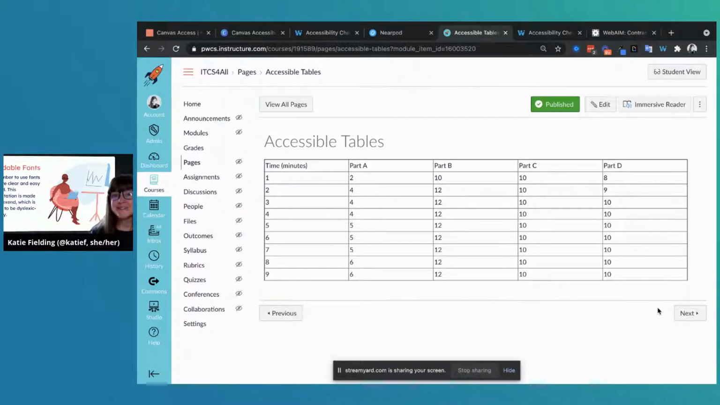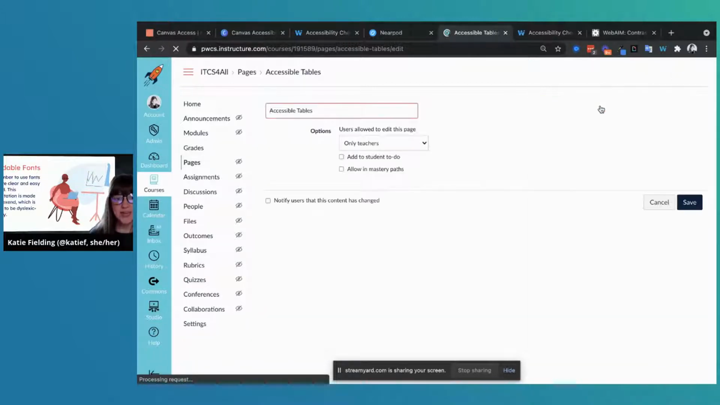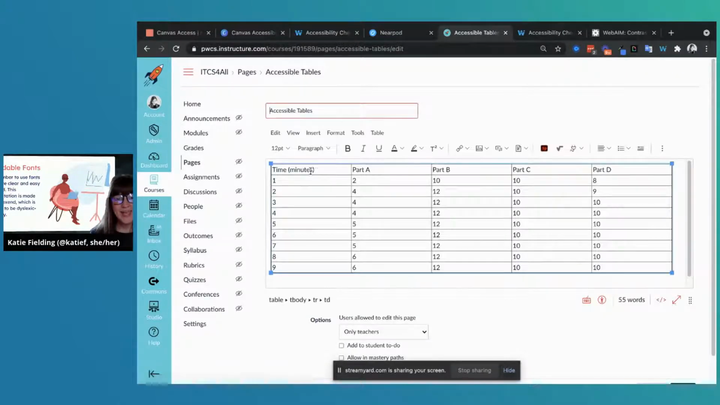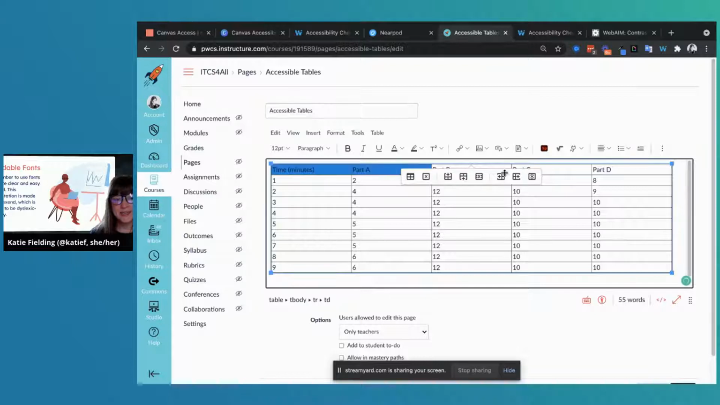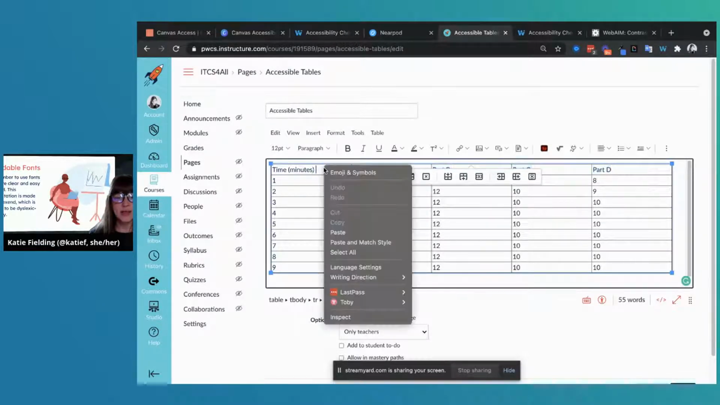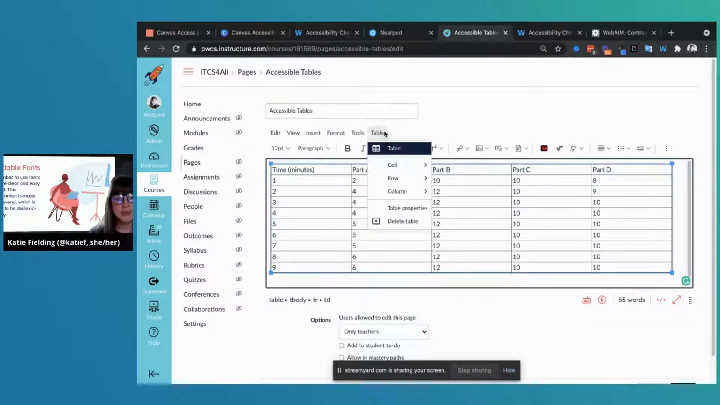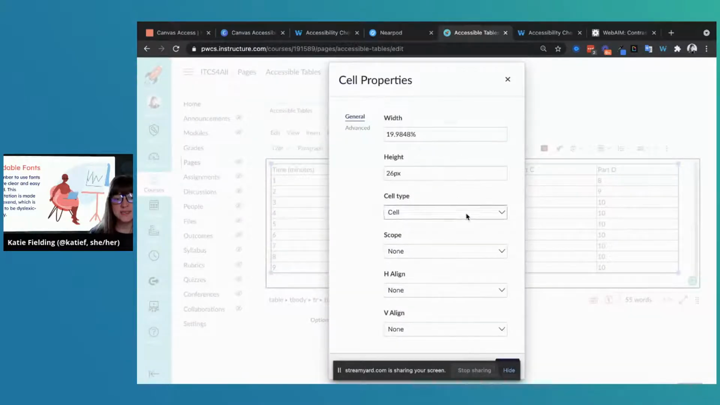And the last one that I got for this topic is tables. So I have a table here. You can see it is data. So I'm going to go into edit mode on Canvas. And what I need to do is highlight this first row or this cell I can go into and go to the table in the menu and go to cell properties. And I need to turn this cell type into a